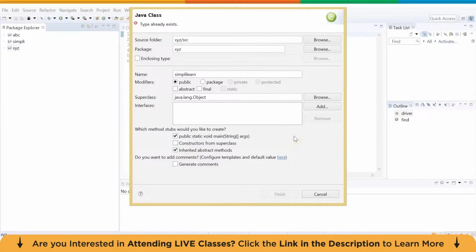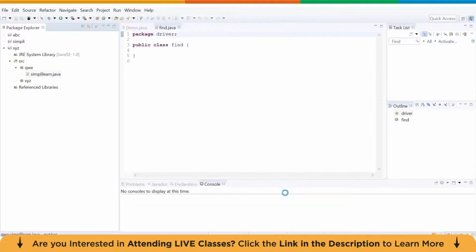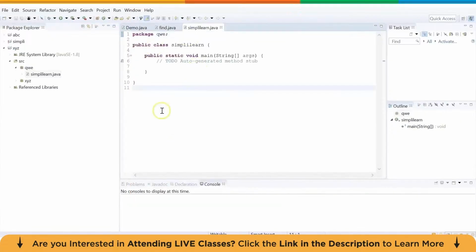Oh, you know, I think it could be the package name. Yeah, let me go ahead and change the package name, and I'm going to change that to QWE. Yep, and the Finish button has now been highlighted. I can select that and select Finish. And we now have a test page that's up and running, but what we have to do is validate